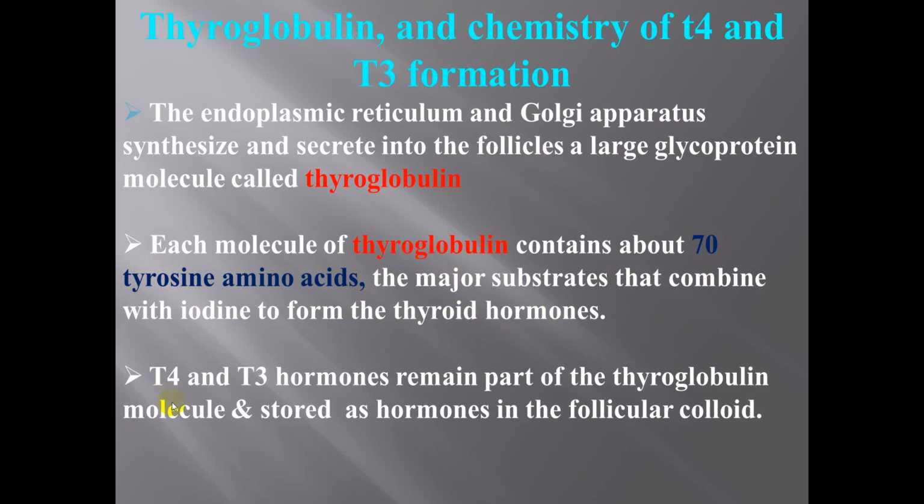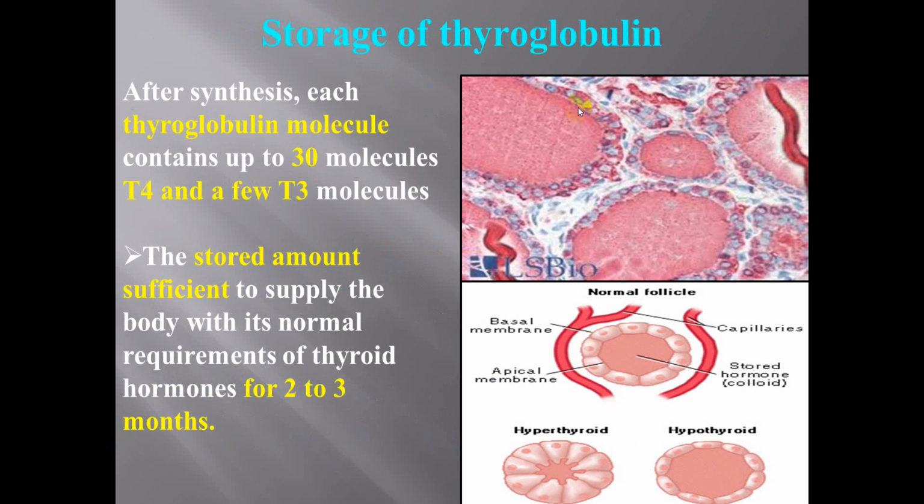thyroglobulin. Therefore, the hormones remain part of the thyroglobulin يكون جزء منه and stored as hormones in the follicular colloid until required by the tissues. راح يصير عندنا splitting to the outside. Storage of thyroglobulin. After synthesis, each thyroglobulin molecule contains up to 30 molecules of T4 and few molecules of T3. The stored amount is sufficient to supply the body within its normal requirement for about 2 to